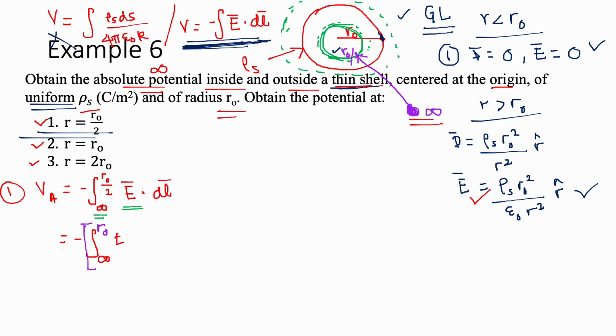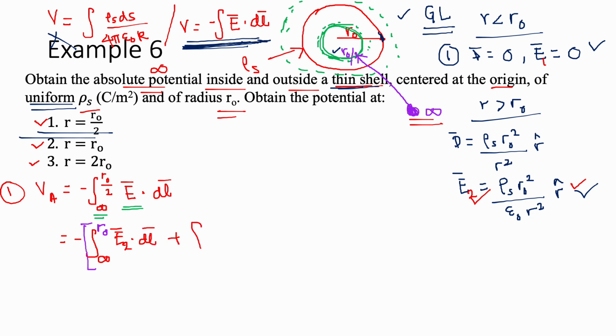The E field, okay, at r larger than r naught, at the surface of the sphere. There is an E field inside that. So let's call this E field 2, and this one E field 1. So E field 2 dot dl